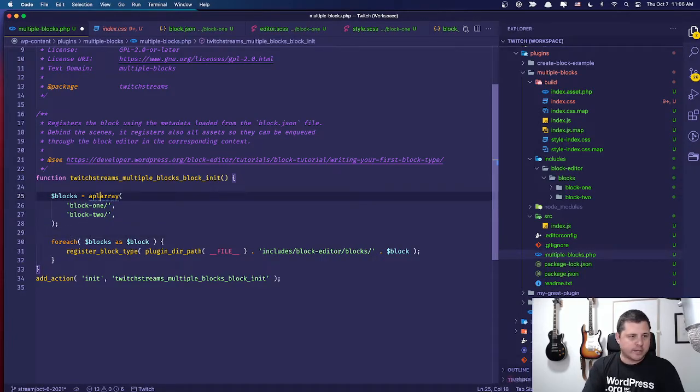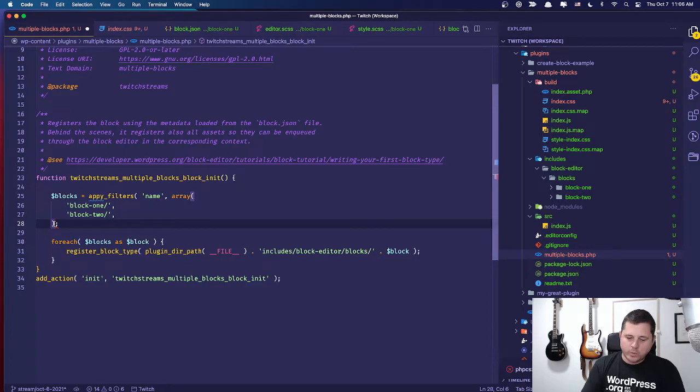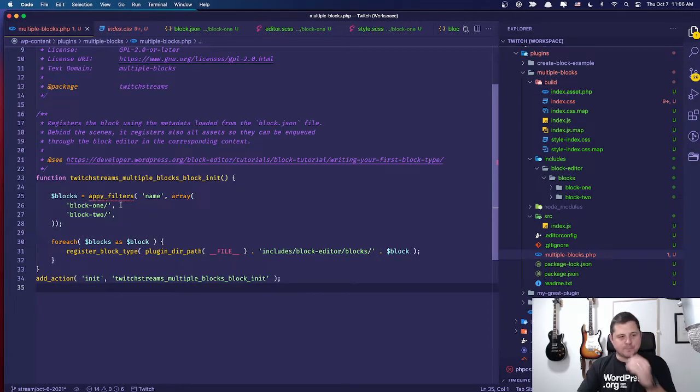like you could just do an apply filters, right? And I've done this on some things. And we call it blocks or whatever, we'll give it a name, whatever name. And we want to be able to filter those away. I'm going to spell that right. So with what we're doing right now, you could add a filter here, and you could filter away block 2,